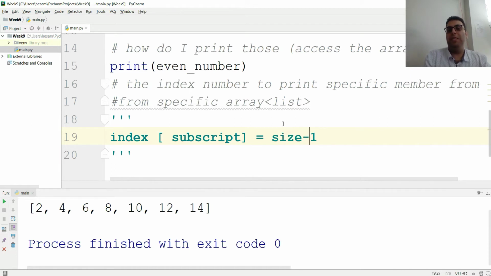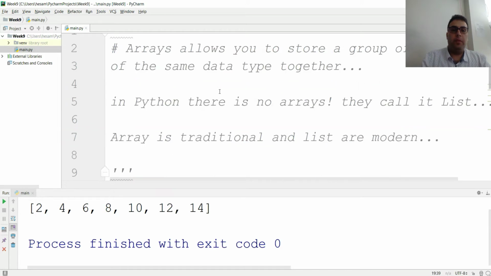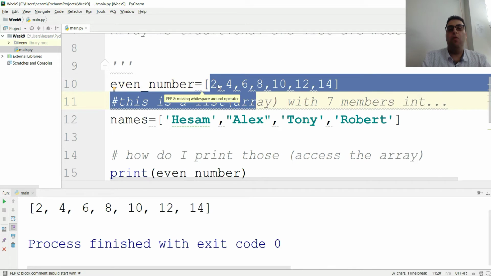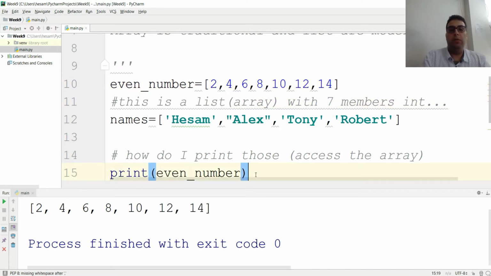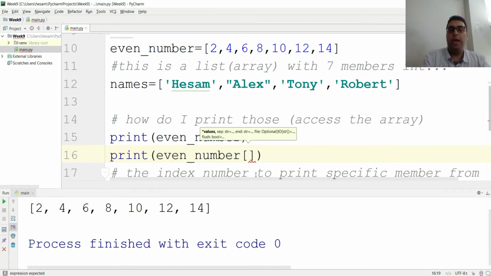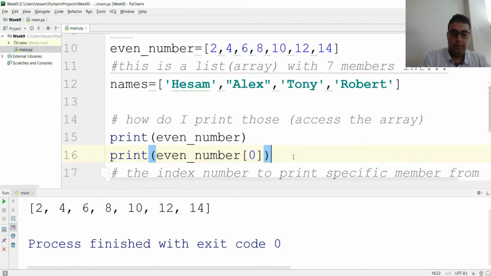So what is a size? Basically, size is a cell number. So if you go there, this is cell 1, cell 2, 3, 4. If I want that, we're going to start with 0. So if I want to print the first number, I am going to call my list, then I open these brackets and put 0 here. So that will print the first cell